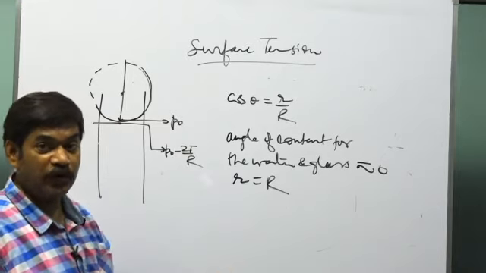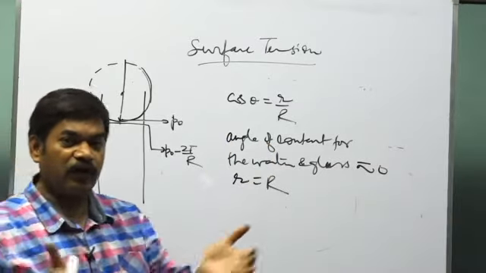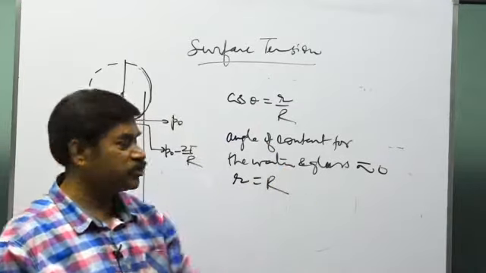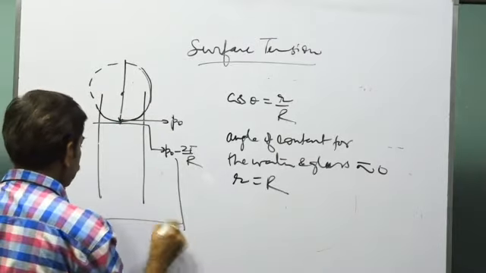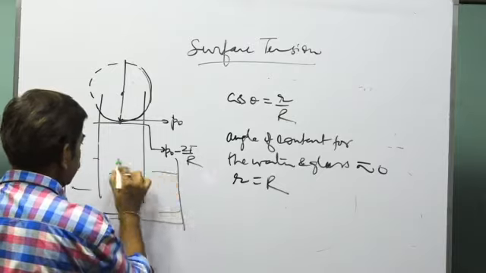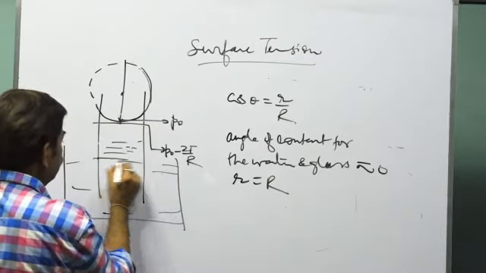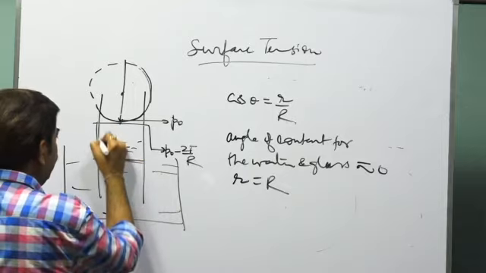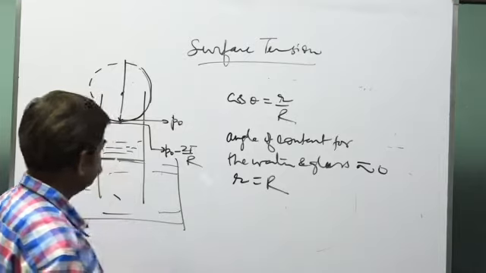Pressure is more on the concave side, because that was made clear from the figure itself, how on the concave side the forces act towards the center. So this is the pressure here. Now suppose this was kept in a container and this is a liquid. So say the liquid rises here up to this point, height h. This is the rise of the liquid up to height h.